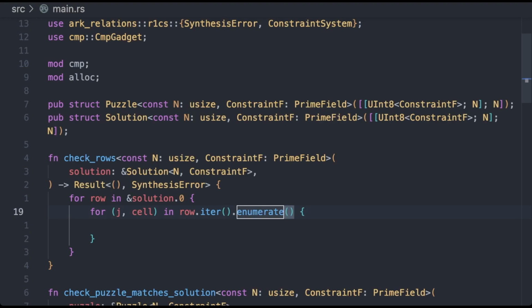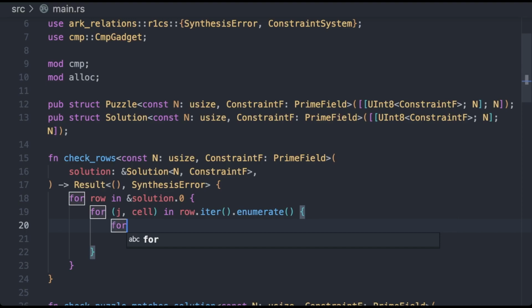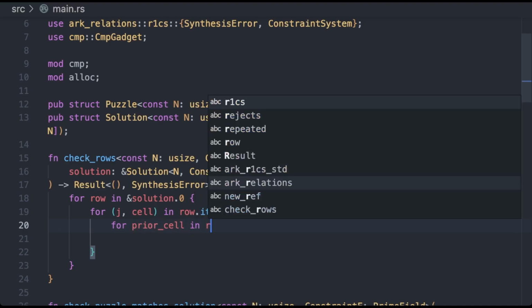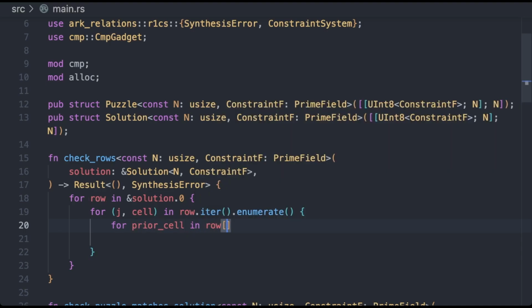Okay, so what we're going to do now is that we have an iterator over each cell in a row. What we have to show is that this cell is not equal to any of the prior cells in that row. So we can do this by performing another iteration over the prior entries in the row. And to get this list of prior entries, we're going to be using Rust's slicing syntax. What basically this says is give me the entries in rows starting from 0 and up to but not including